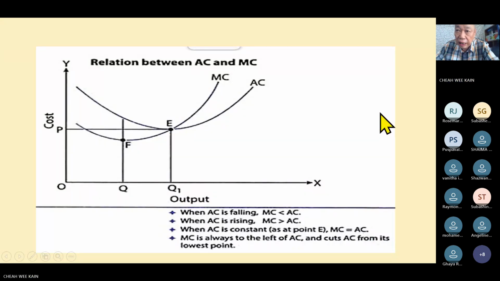This is a good chart in theory. Actually, your cost keeps on changing. At least once a year, your cost will change. Why? Your people's salary increases. Sometimes the supplier increases price, sometimes the supplier reduces price, and therefore both will be affected. So this equilibrium position is only as of now.